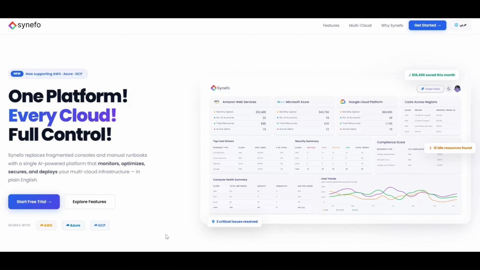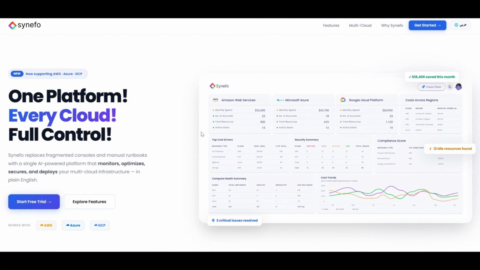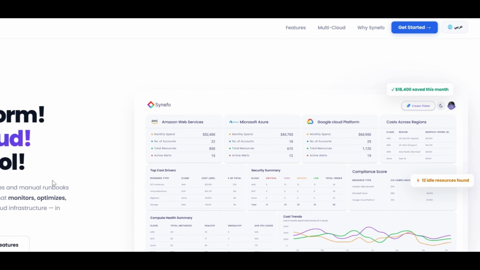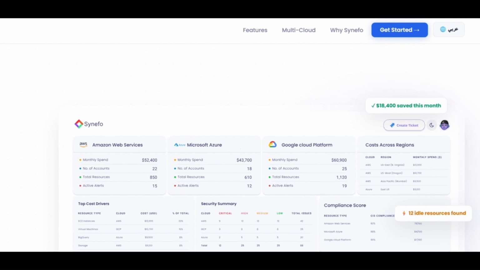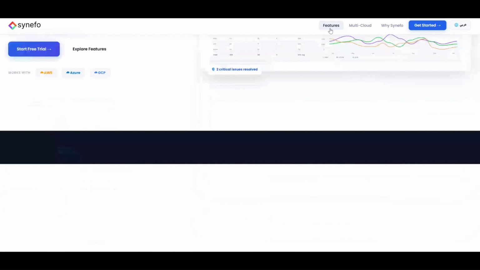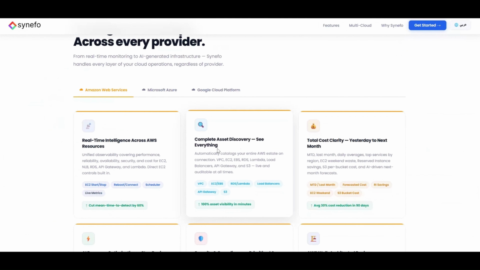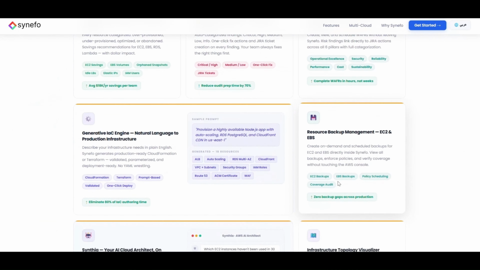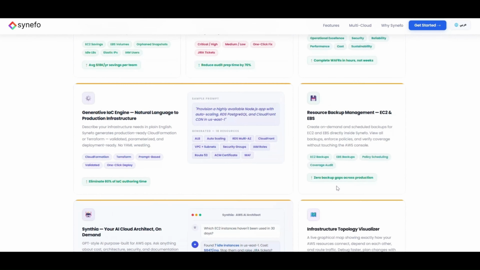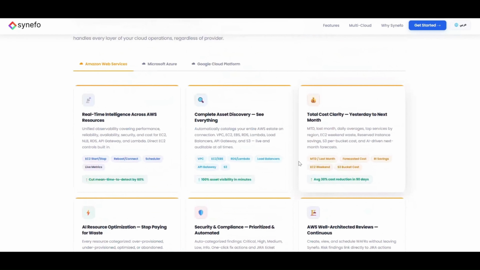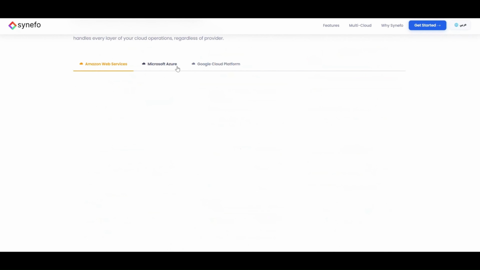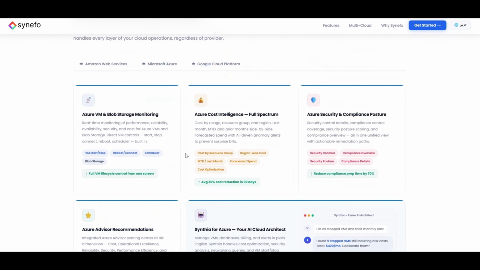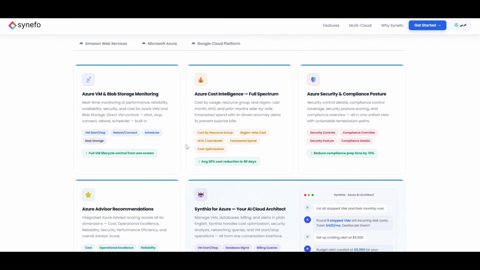Welcome to Synefo, the AI-powered multi-cloud platform that unifies monitoring, cost optimization, security, automation, and generative infrastructure as code for Amazon Web Services, Microsoft Azure, and Google Cloud Platform. Synefo provides your team with a single dashboard for real-time management, cost efficiency, and complete visibility across AWS, Azure, and GCP. Gain actionable insights into compute, storage, networking, and services operating in all your cloud environments, AWS, Azure, and GCP,